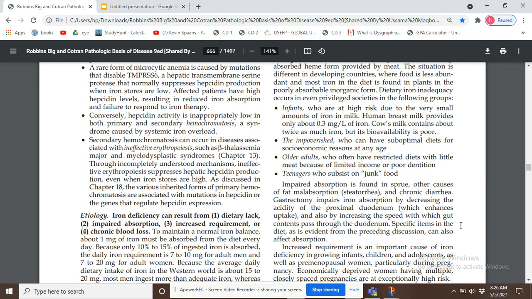Gastrectomy impairs iron absorption by decreasing the acidity of the proximal duodenum, which enhances uptake, and also by increasing the speed of